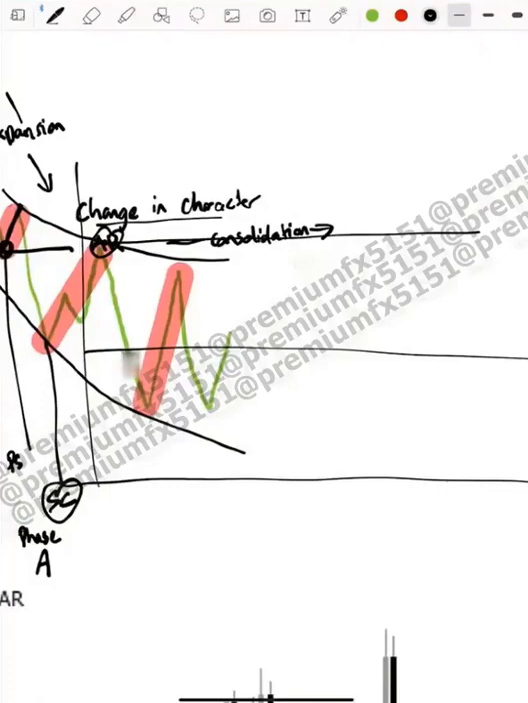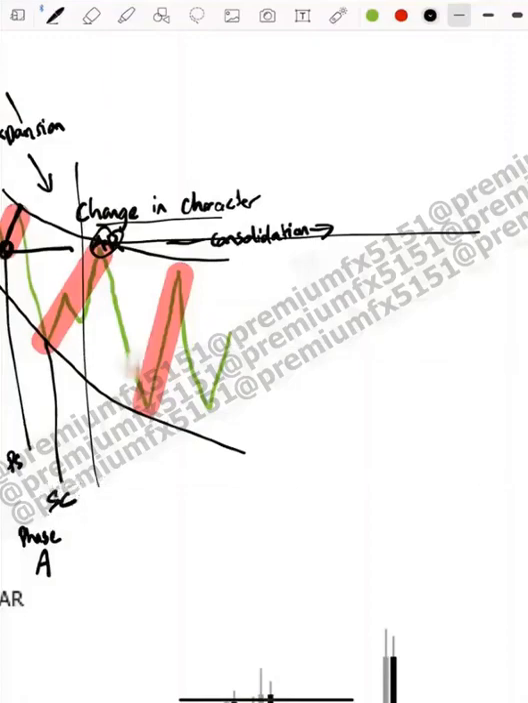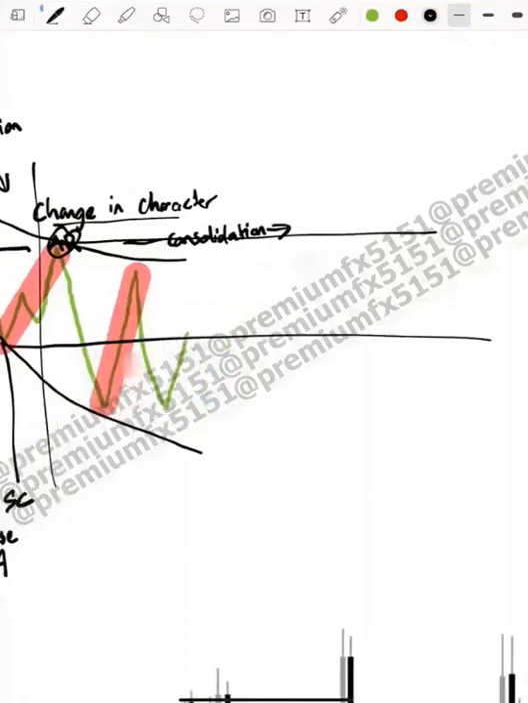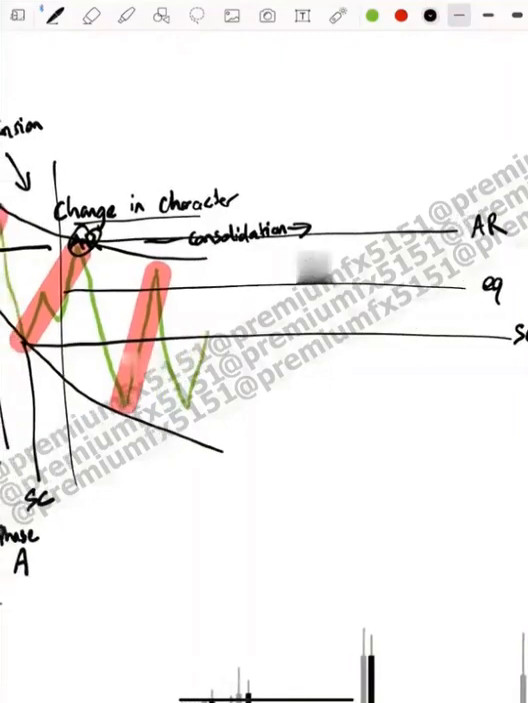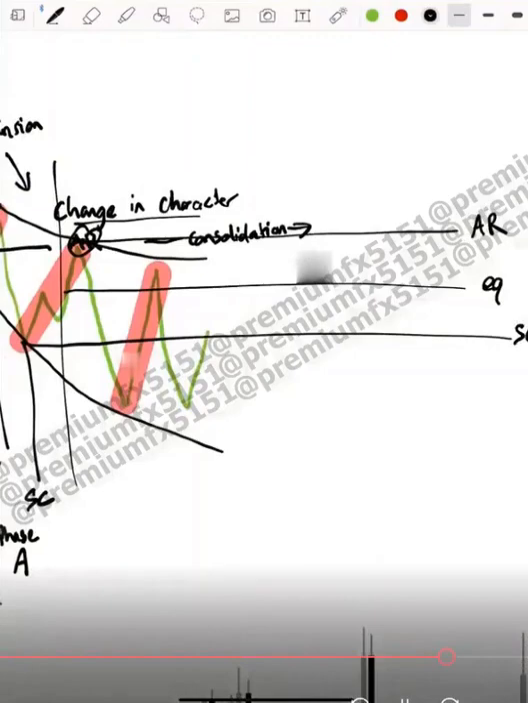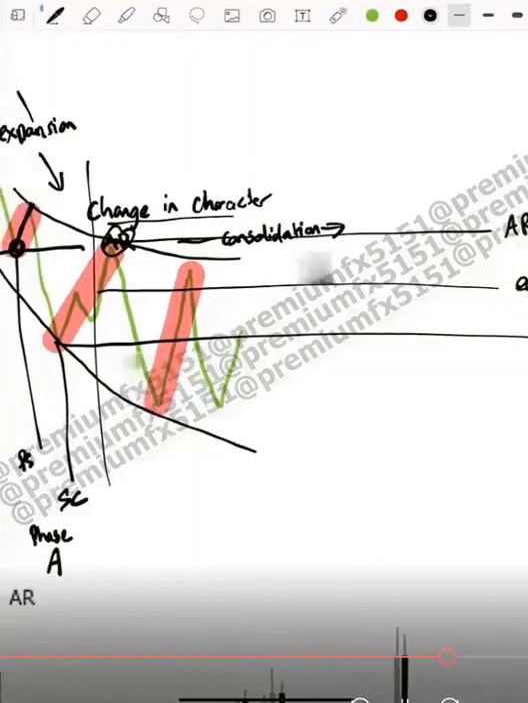Now we have entered phase B, and now we are starting to see some sort of interactions. I did that wrong, actually. My selling climax isn't there. My selling climax is here. That is the range. You have your range equilibrium, and your range is defined by the AR and selling climax. Okay, now when you have your phase B,